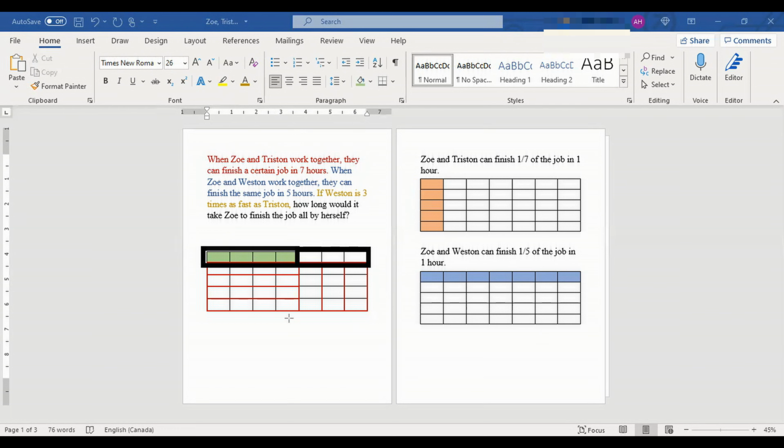So if Zoe does 4 cells per hour, 1 cell should take 1/4 of the time, 1/4 of an hour being 15 minutes. So we know this 1 cell should take 15 minutes. So since there are 3 cells right here, 15 times 3 is 45. So it would take her 45 minutes to finish 3 cells right here. So we'll write it will take Zoe 8 hours we got and 45 minutes to finish the job all by herself. And there,